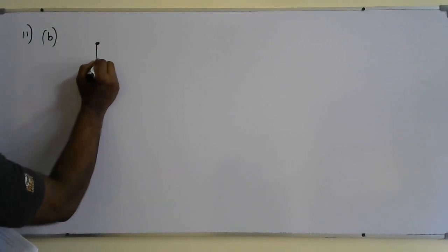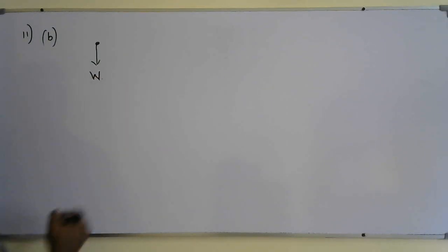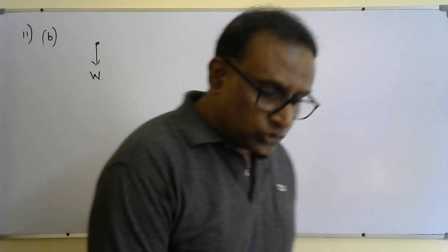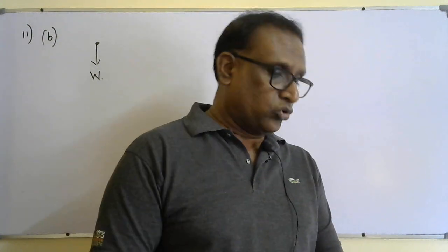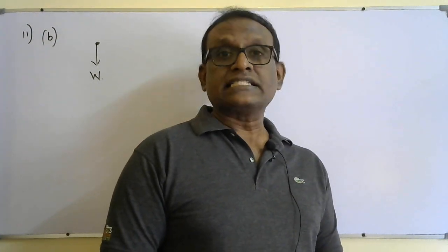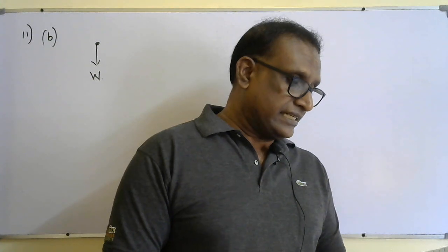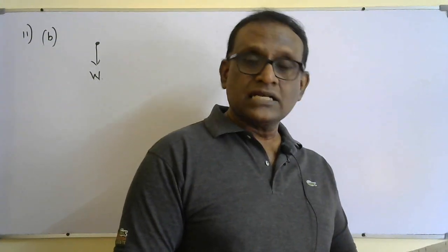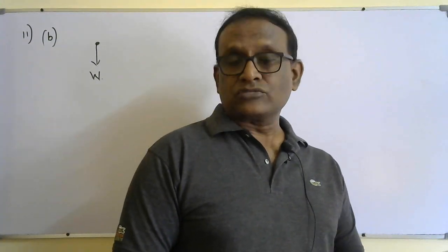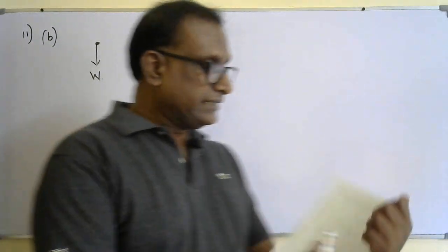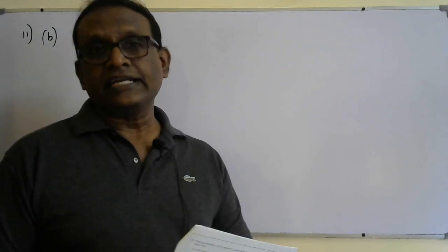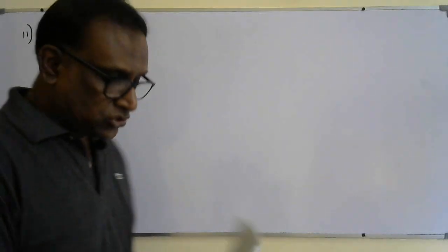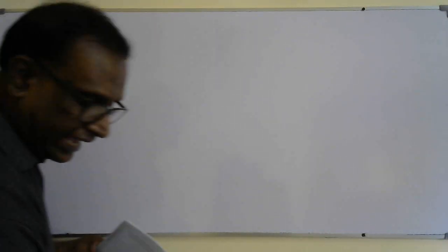W is given already, that is the weight of the magnetic base. Then you need to draw two more forces. One is the third law pair of the force given by the disc. The disc is pushed upward by the magnetic base. So according to Newton's third law, this will push the magnetic base downwards. That you can mark with force F because they already showed F for the disc. So you can draw downwards F,